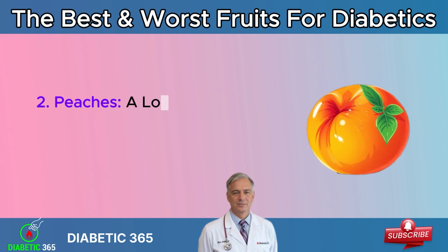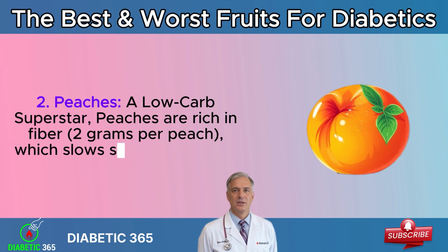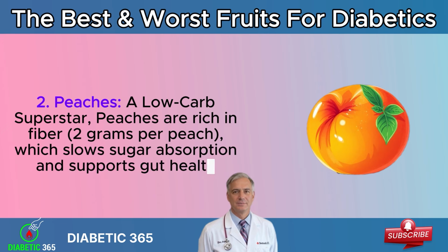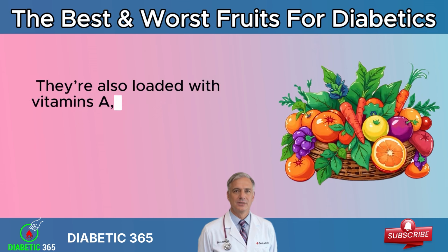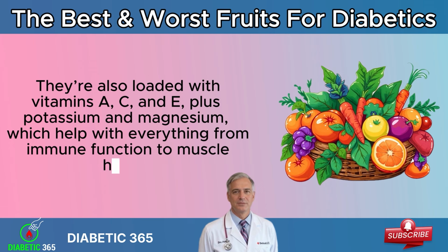2. Peaches, a low-carb superstar. Peaches are rich in fiber, 2 grams per peach, which slows sugar absorption and supports gut health. They're also loaded with vitamins A, C, and E, plus potassium and magnesium, which help with everything from immune function